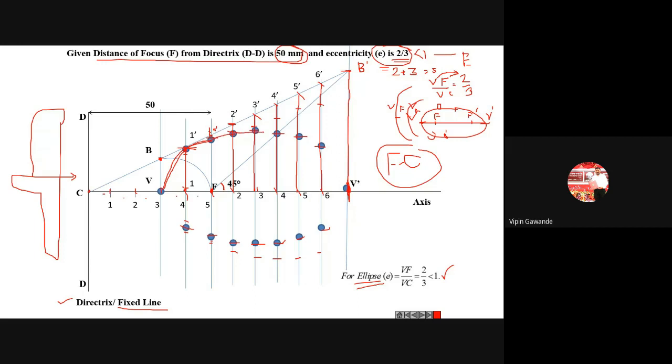So you join then next point like this. Then at the bottom also you have to adjust your French curve. You have to join like this. Okay, so it must be continuous curve. You will get this type of the curve from the points. Okay, so this is our ellipse.